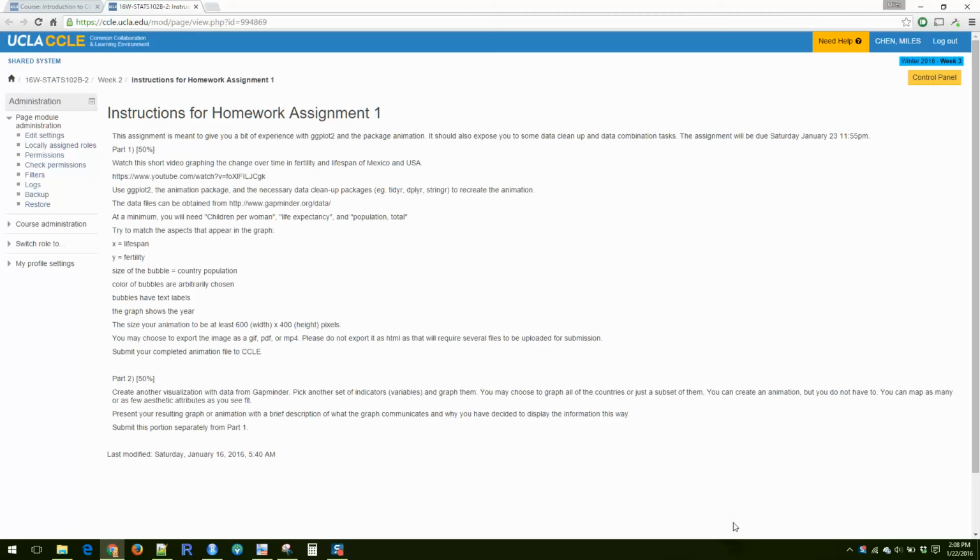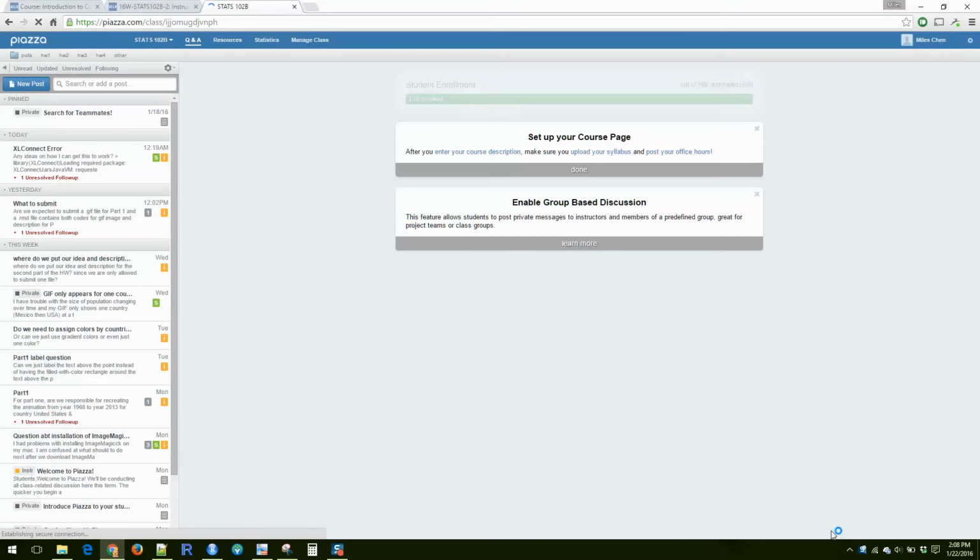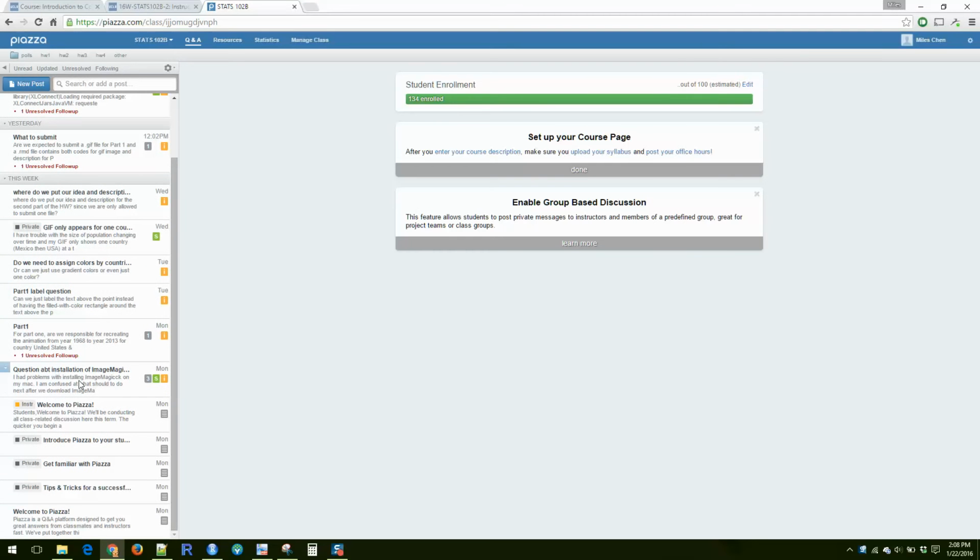Okay, so for part one, I would like you guys to be able to export into a single file something that animates. And I know some of you are struggling with getting ImageMagick to work. I know a few students have got it to work, figured it out. And I know I've, on Piazza,